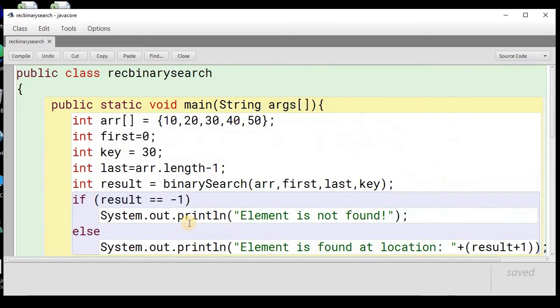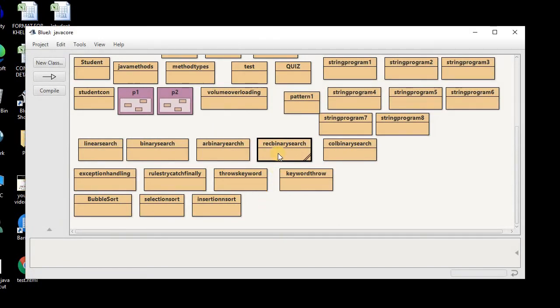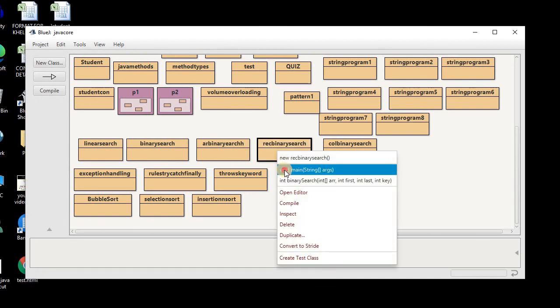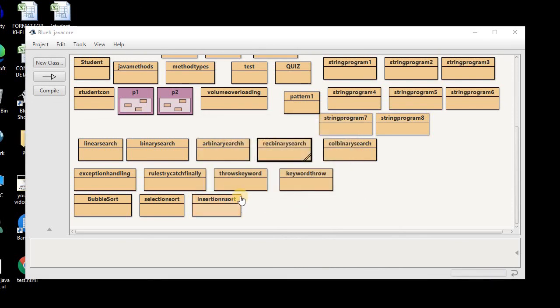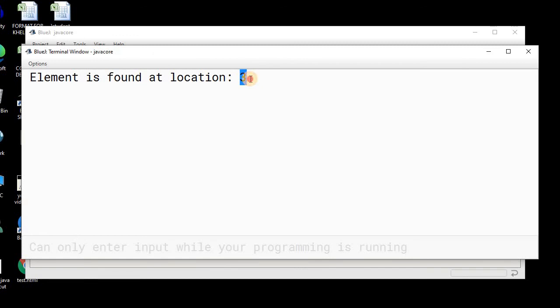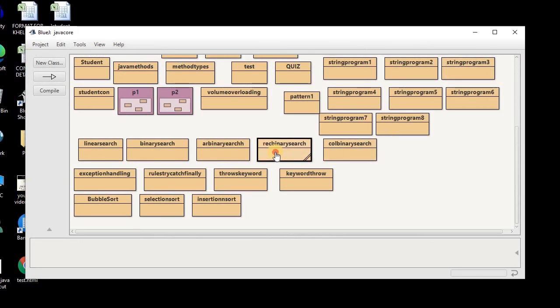Now let me execute and show you the output of this particular program. As we can see, this is the list, and the element we want to find is 30, which is here. So the index of this element is 2, so the output should be 2. So let me compile and show you the output of this recursive binary search. So now let me execute this program. So the location is 3, the index was 2 and the location is 3, so the element is found at location 3. So in this way we can do the recursive binary search.